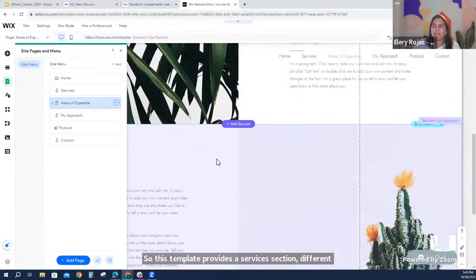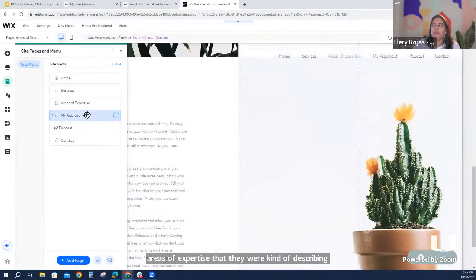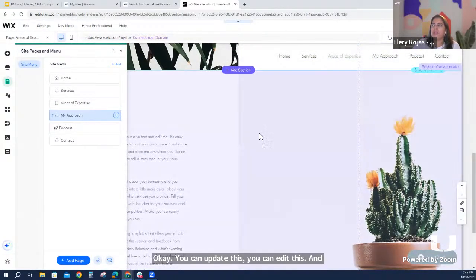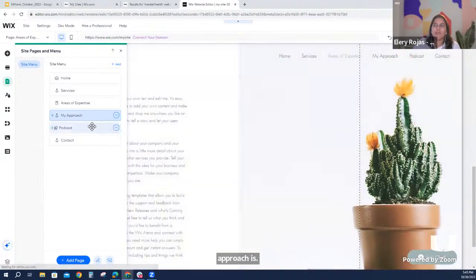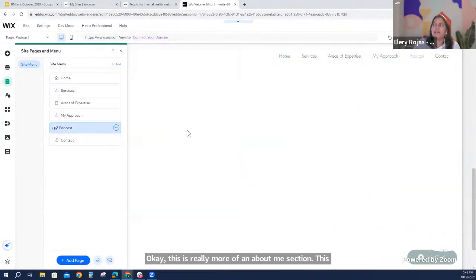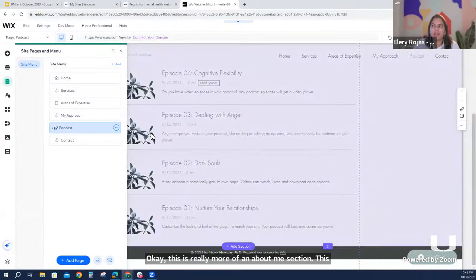Okay, you can update this, you can edit this. And then it says, here's a description of what our approach is. Okay, this is really more of an about me section. This particular template has a podcast attached to it, so you can even include episodes and have that as a part of your site.